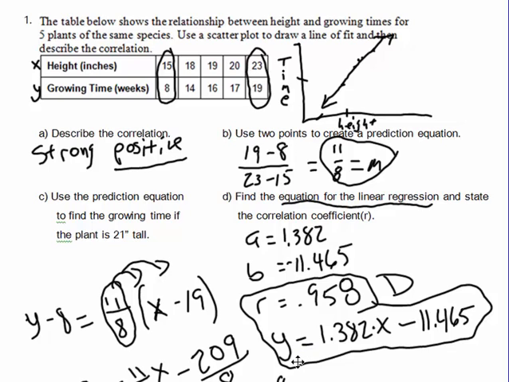So this is how I want you to answer linear regression problems. There's nothing more to it than what we've put on here. The key to these problems is being able to take 2 points and create a prediction equation and use that prediction equation to find the missing value. If you could do that, you're in good shape. The second part of this